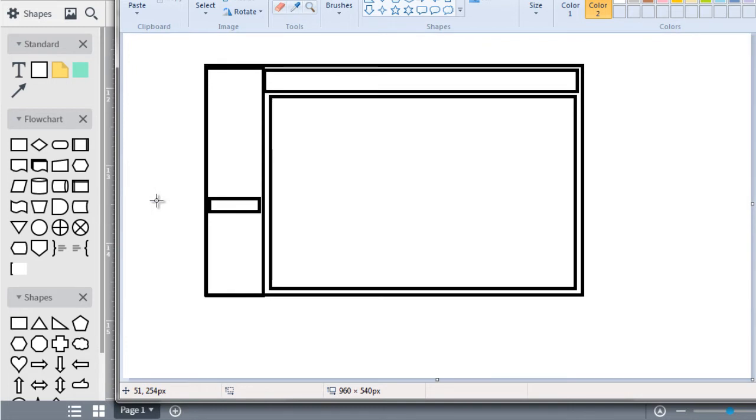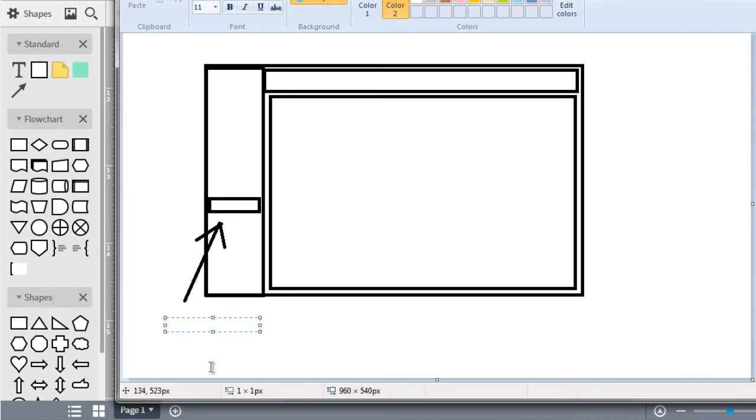So maybe the menu bar here, we could say menu bar. I'm going to make an arrow here. And the menu bar, they should have the ability to see a list of campaigns, create new campaign,